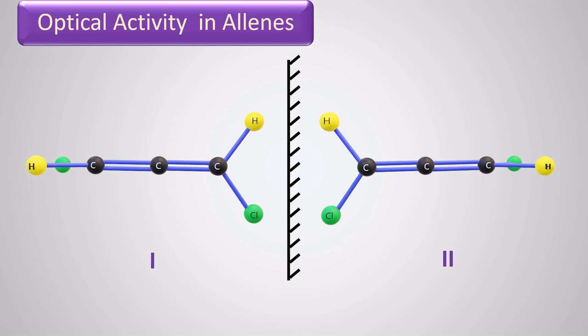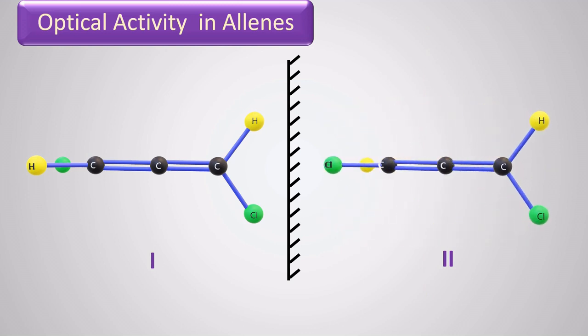To do this, we basically draw an axis, this red colored axis, around which I rotate the structure by 180 degrees. After rotation, you can see that the hydrogen which is marked with an orange circle is superimposable on this hydrogen in structure 1, again marked with an orange circle. Similarly, the chlorine which is marked with a green circle in structure 2 is superimposable with the chlorine marked in green circle in structure 1.